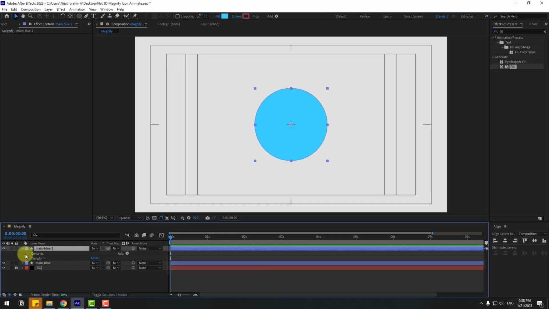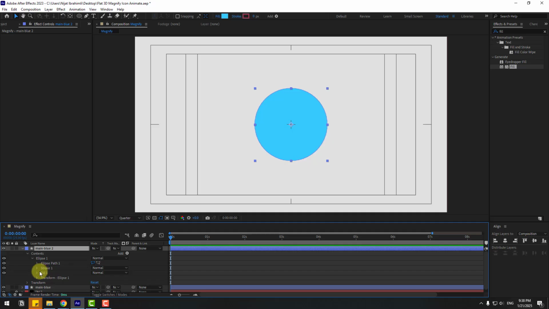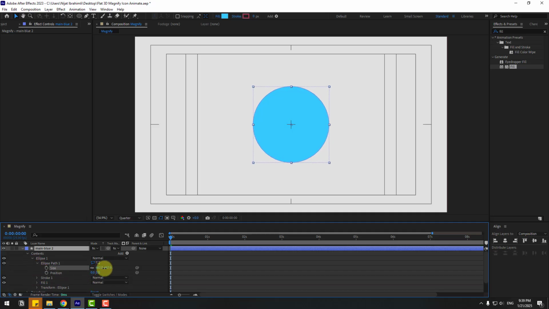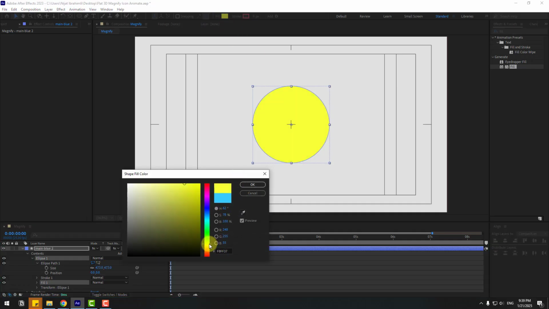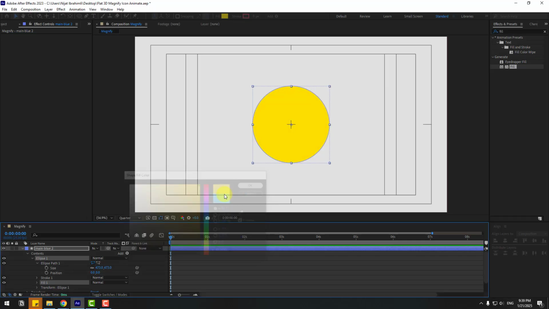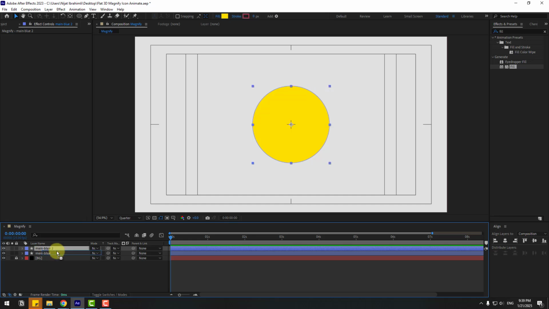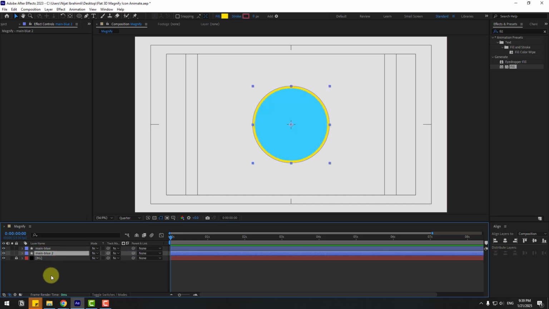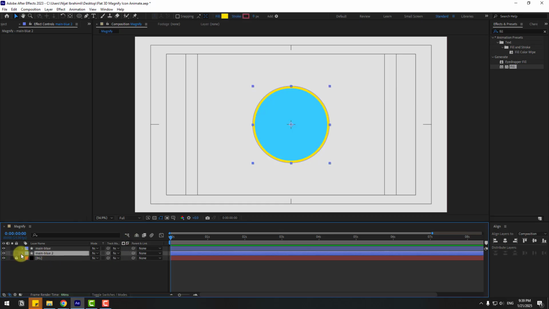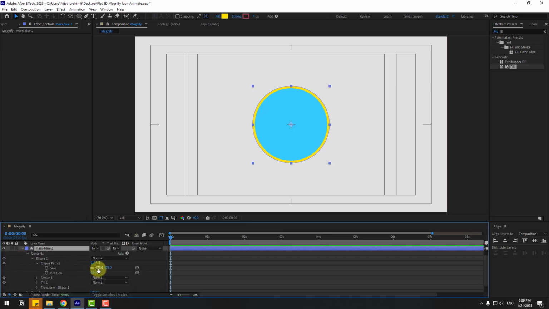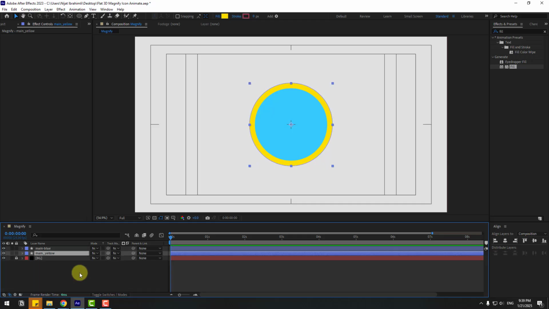Let's open inside contents, ellipse 1, ellipse path 1 and change size like this. And go to color, fill, use color yellow. And let's move to behind of main blue layer and change quality full for now. And let's open again inside, change sizes and select these two layers. Let's move it up